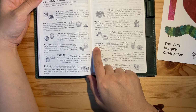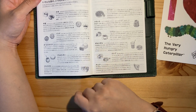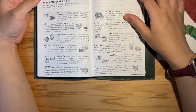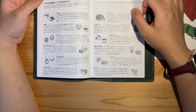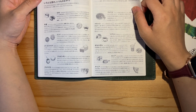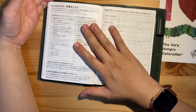Portugal has this pastel de nata. So I think it's like a pastry, coconut pastry. I think nata. And then from Russia, you have the syrniki, and Kenya, donuts. And then this one is